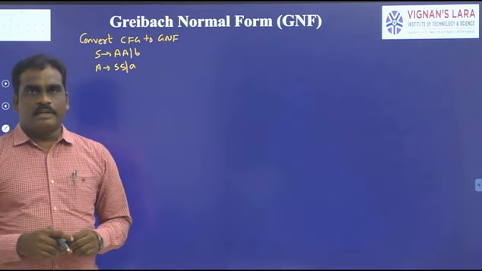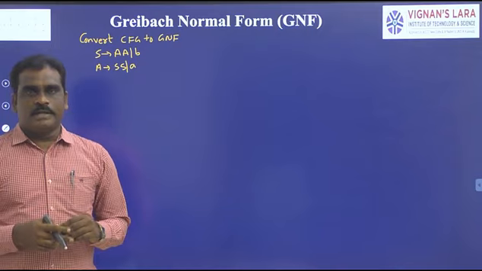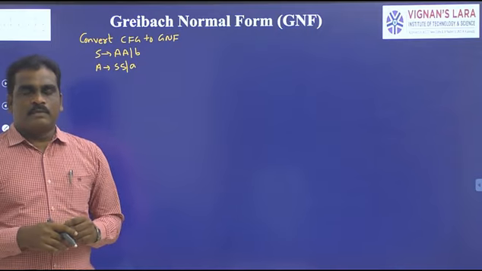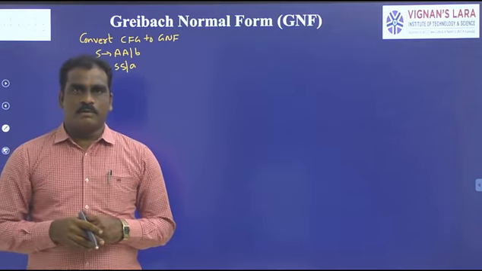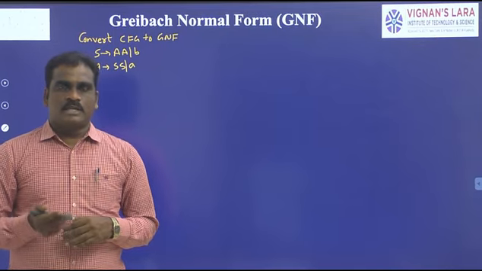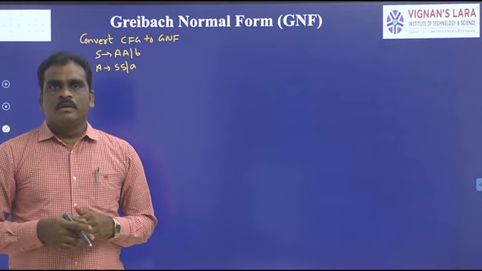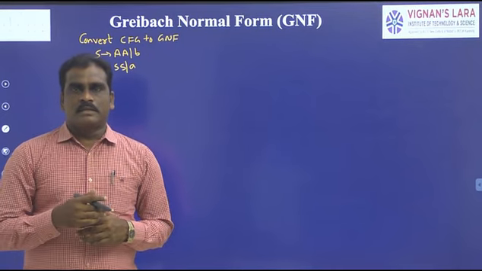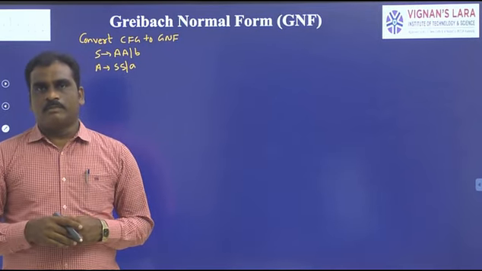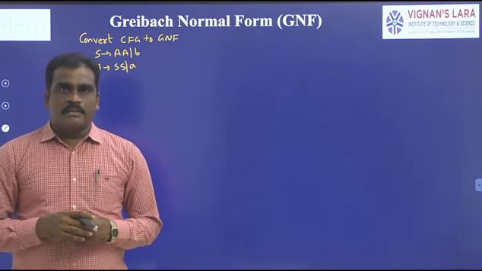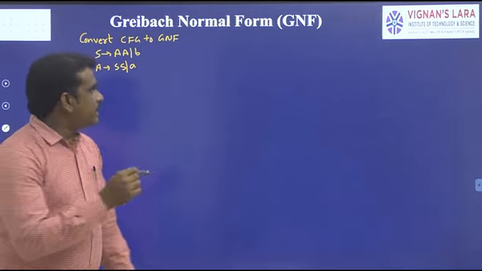In the previous class we discussed the Greibach normal form. All of you know that we have two types of normal forms: one is Chomsky normal form and the second one is Greibach normal form. In the previous class we discussed the Greibach normal form. So what is meant by Greibach normal form? It is of the form